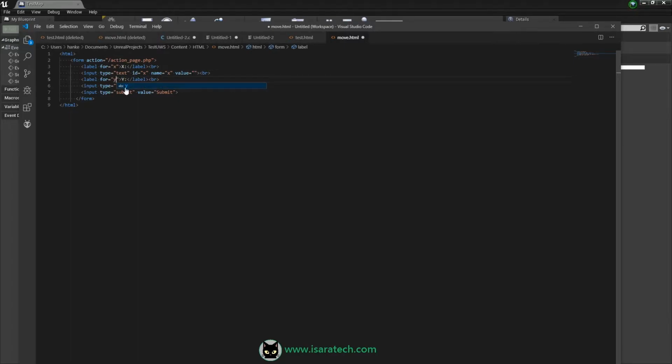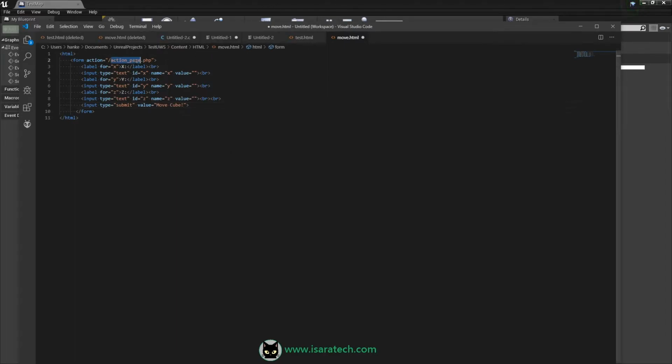Y for Y value, and finally I'll add a Z. Value move cube.